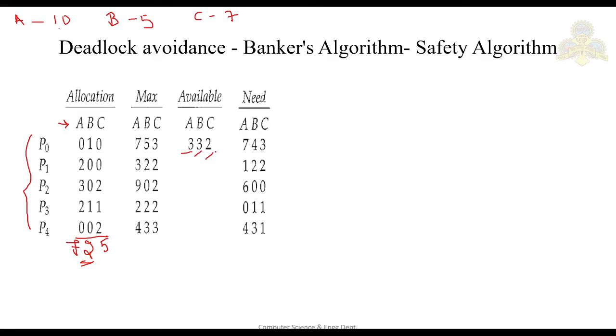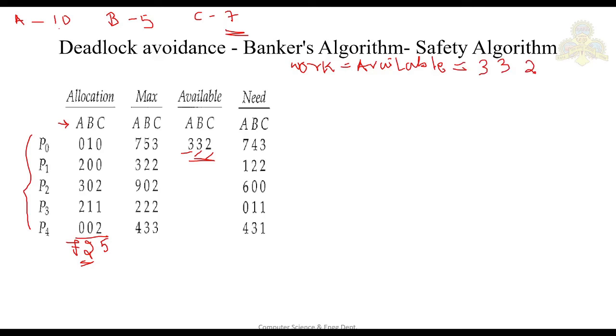Okay. Next, I'll talk about your safety algorithm. We'll traverse through the algorithm. Okay. So what was the first step? So first step was work is equal to available, right? Your work, I'll write here, work is equal to available. So this is nothing but how many available resources are there in the system that has been allocated to a variable work. Now what is the current available, not allocation, sorry, it is available. Okay, so current available is 332. That means your work now becomes